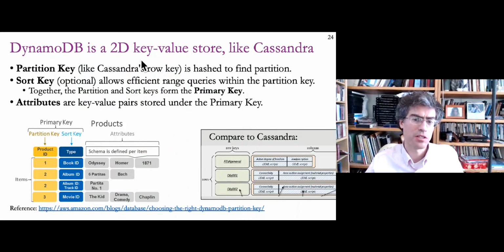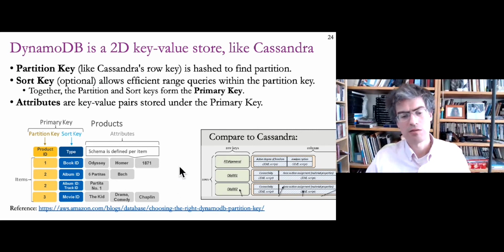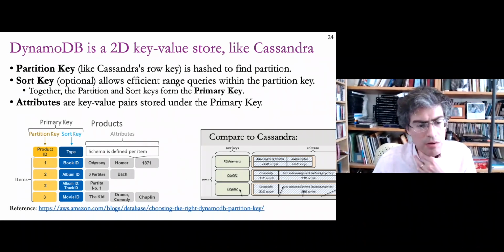DynamoDB is another example of a 2D key value store, very much like Cassandra. There's just a little bit of a different set of terminology and some slight differences in the implementation, of course. But mainly, I want to focus on the terminology so that if you run into this,